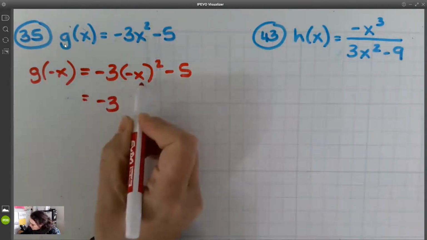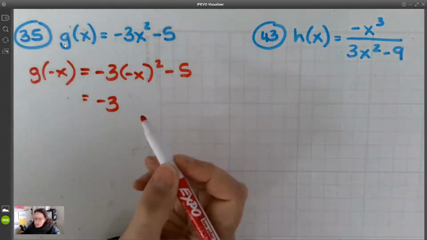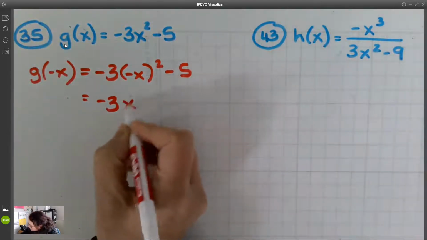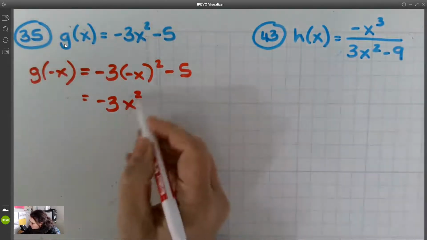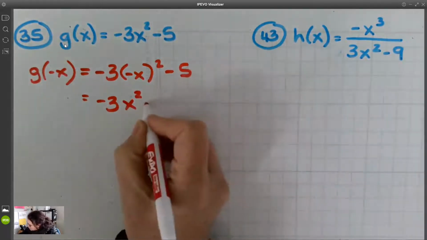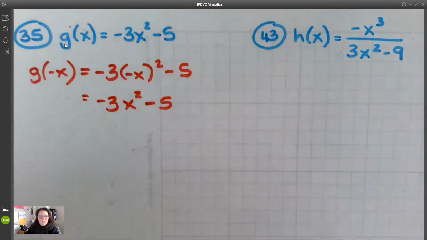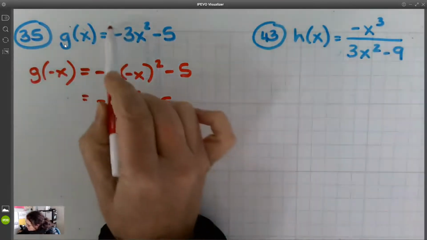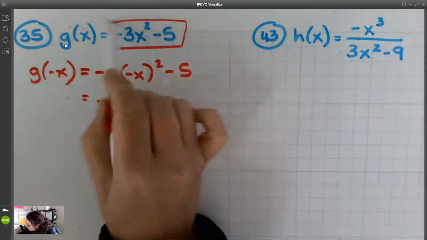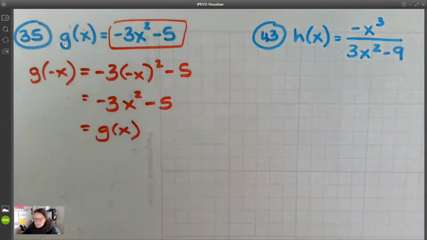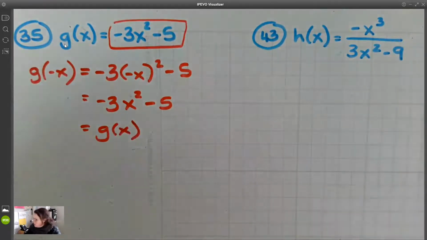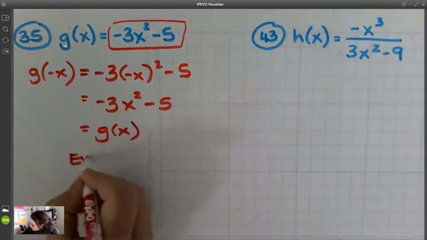And if I've got a negative x and I'm squaring it, when I square a negative, it's going to become positive. So it's going to give me negative, and then that's just going to become an x squared. I'm going to bring down my minus 5. And as I look at that, you'll notice that it is exactly the same as the function that I started with. So therefore, it's equal to g of x. And from our definition of odd and even functions, we know that if g of negative x equals g of x, that tells us that the function